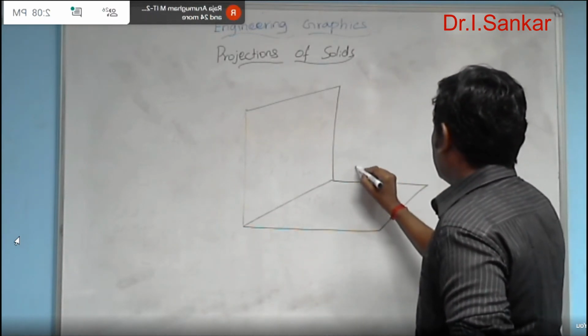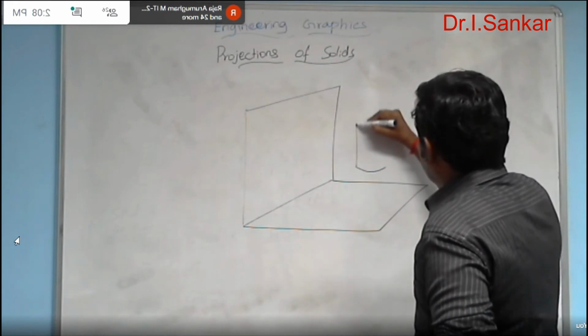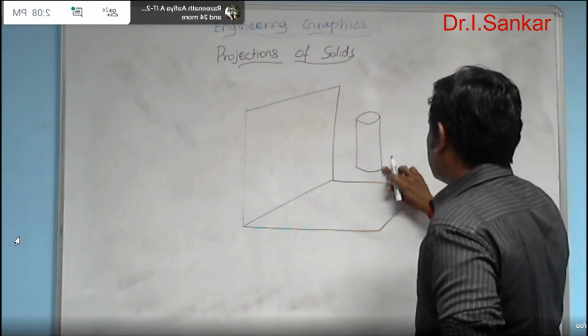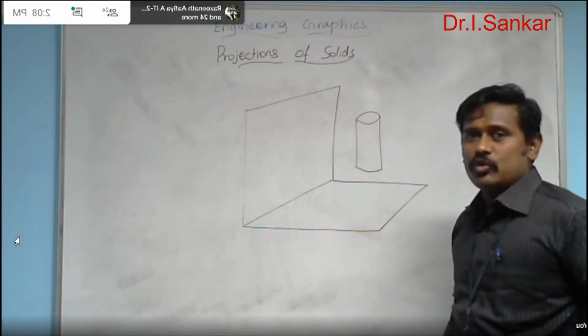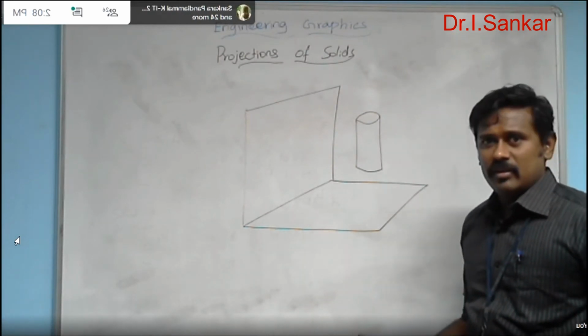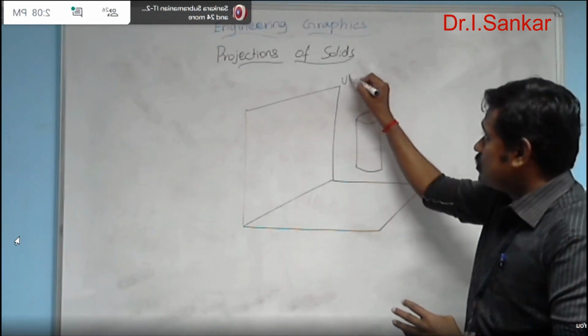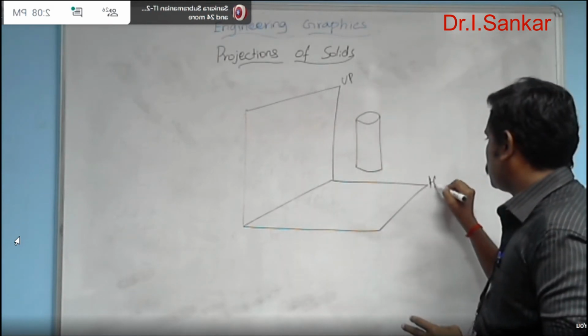Simply saying, if you have a solid, say a cylinder, and you are supposed to draw the front and top views of the solid, for example, the cylinder is placed in the first quadrant, it is your VP and that's your HP.